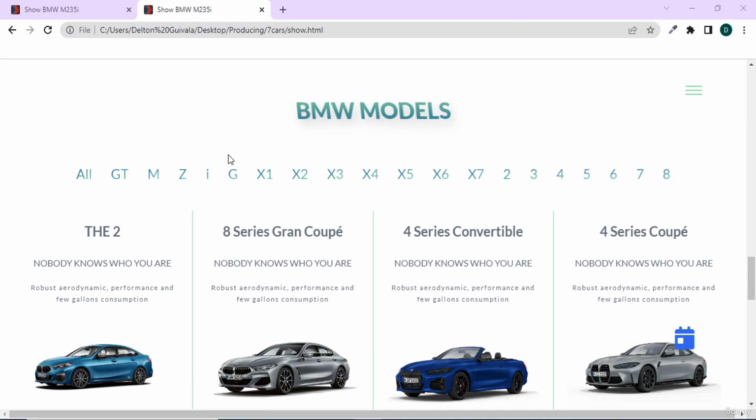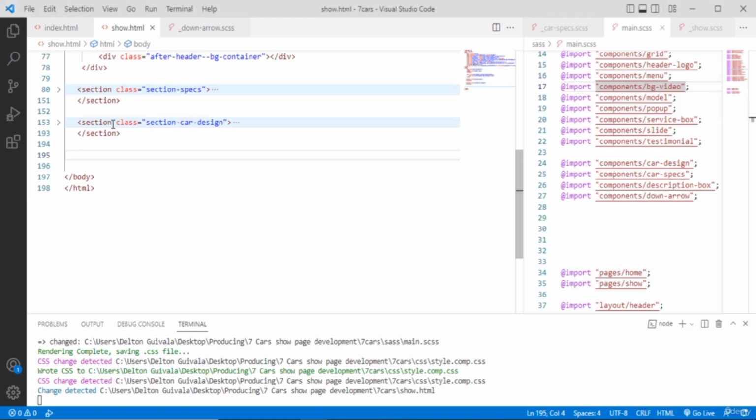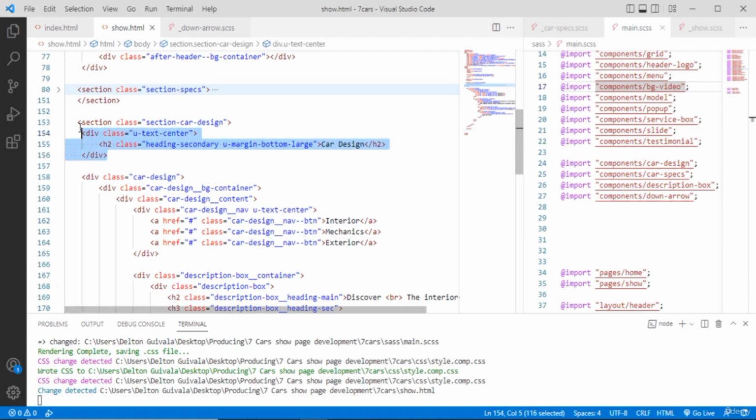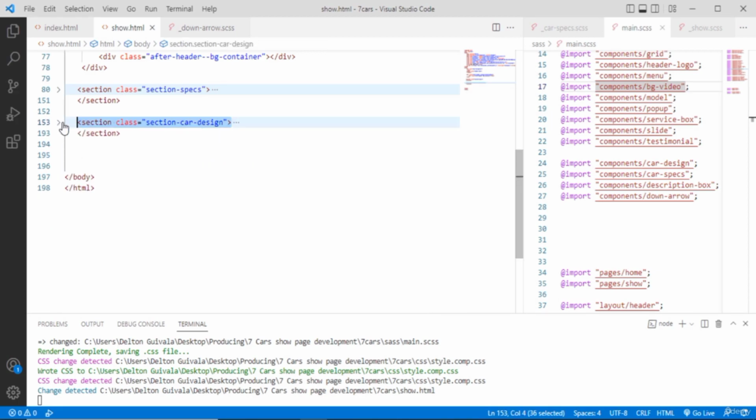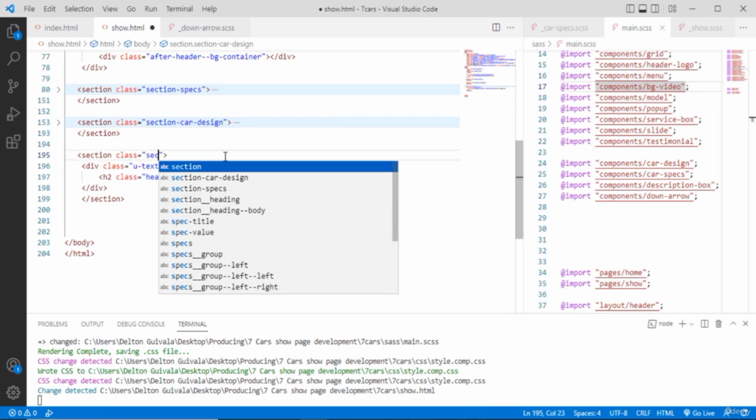All here is related to BMWs. Without further ado, let's come here and start to make that happen. You know that this is simply going to be a copy from here, so I'm going to paste and close my section. This one right now is gonna be called section